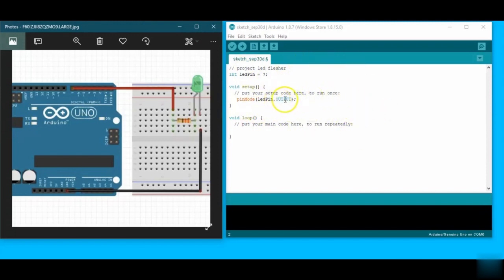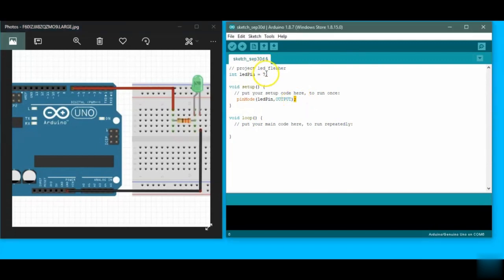Then we have statement terminators, which are also here, but I have not told you about them. Statement terminators define that our syntax is complete here, and after that we will use a different statement. Then this is about the void setup. Here we have defined this, and again pinMode is a keyword which is divided into two parts: pin, which defines the pin number, and then, after the capital M, mode, which defines what we are going to do with this, input or output. Then I have told you about void loop.